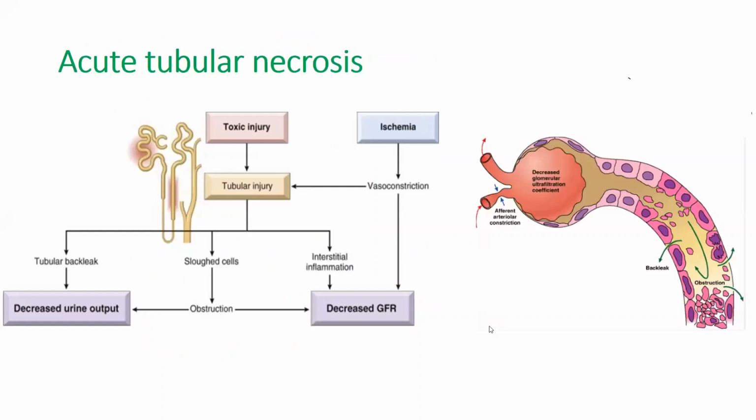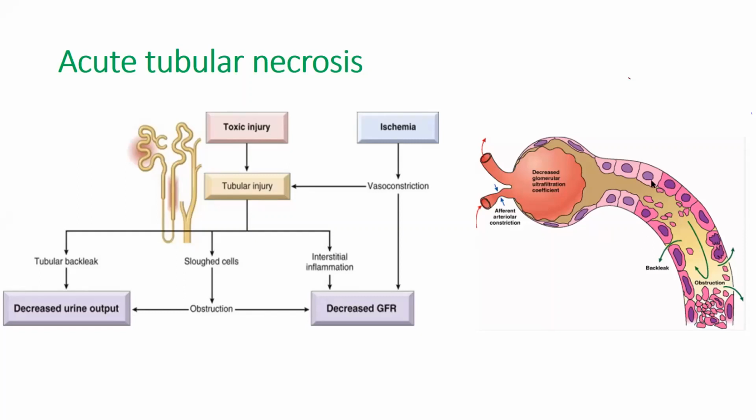So what happens when your tubules are damaged? If you look at this picture, you can see this is your glomerulus, and then you have fluid urine going into the tubules, and that is lined by your tubular cells. Whenever you have tubular damage through ischemia or direct toxic injury, those tubular cells that are damaged will get sloughed into the tubular lumen. And once it gets sloughed, you can imagine, one, it's going to cause obstruction within the tubules, so that's going to cause reduced kidney